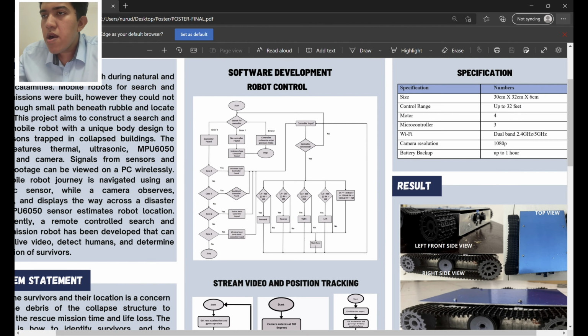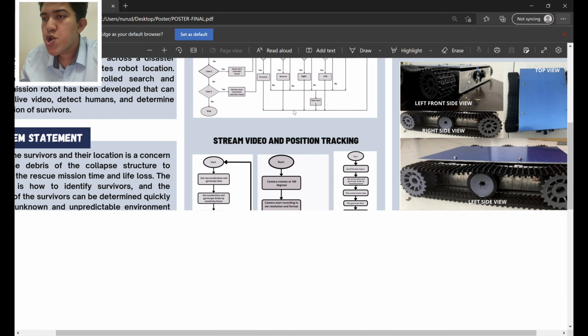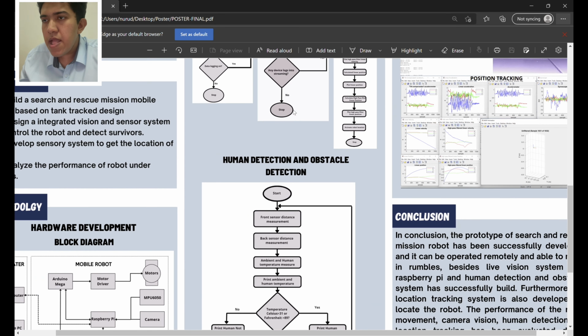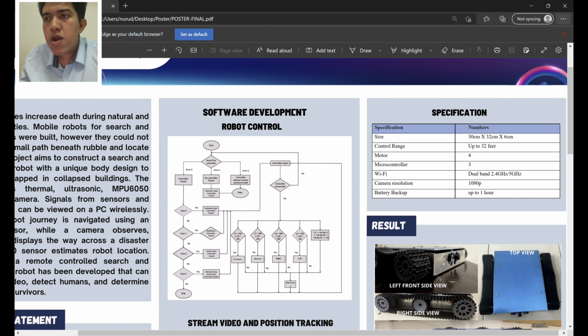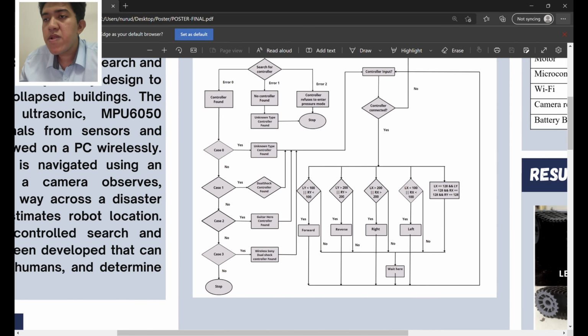So in the software development, we have the robot control, instant video and position tracking, human detection, and obstacle detection. In the robot control, in the beginning the system checks whether it has found a controller or not, based on the error. If the controller has been found, then there are four cases in which the system determines what type of controller has been found,